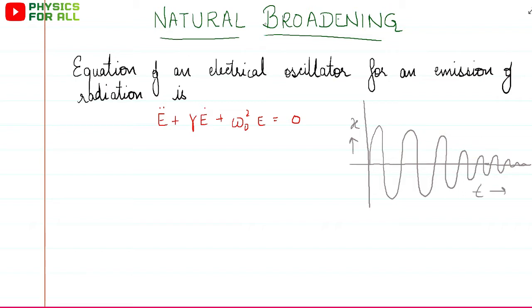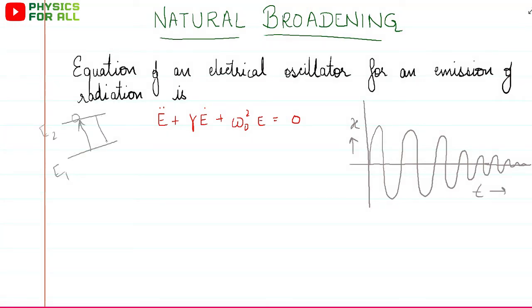understand the same concept in terms of an electrical oscillator. It's not that we are talking of any electrical circuit. No, the levels that we say an atom jumps from one level to another, it jumps from a lower energy level to a higher energy level if it absorbs radiation, and when it is on the higher energy level, the moment the lifetime of that state terminates or is over, it jumps back to the lower energy state. So that jumping continues. There is a continuous jumping between the two levels.